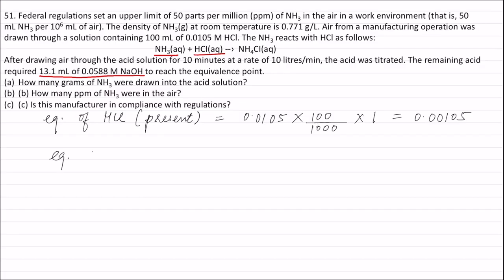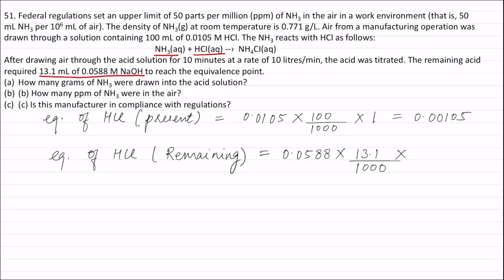Now equivalents of HCl remaining after the reaction will be equal to equivalents of NaOH, and equivalents of NaOH will be equal to molarity of NaOH, that is 0.0588 M, into volume of NaOH, that is 13.1 divided by 1000 liters, into valency factor of NaOH, that is 1, and this is equal to